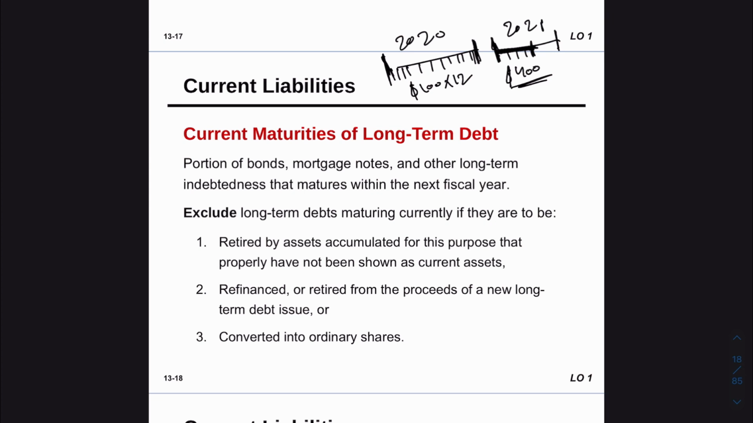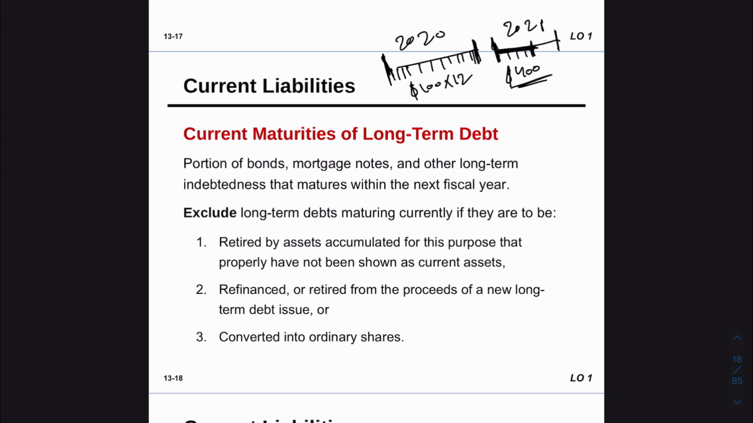Okay, but we have an exception. The first exception is that if we retired it by assets accumulated for this purpose that probably have not been shown as a current asset. What's happened is that, let's say that we have a mortgage, but instead of paying from our current assets, we've exchanged it with a land. Land is considered as a non-current asset, and because we are paying with a non-current asset,